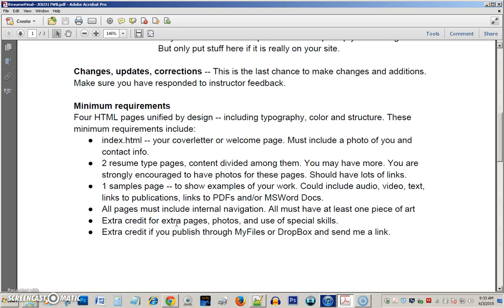And also remember, this is extra credit if you publish your resume through My Files or Dropbox. If you're reading this early in the week, we may not have gotten to that yet, but there is an explanation on that. Okay, something I didn't give you explanation on, though, was how about embedding stuff from YouTube or